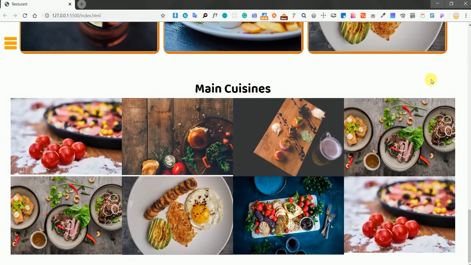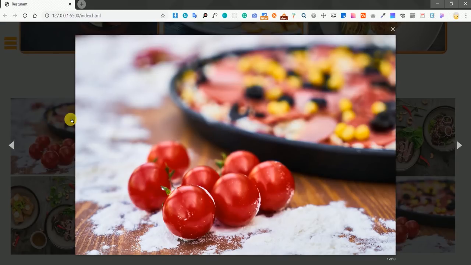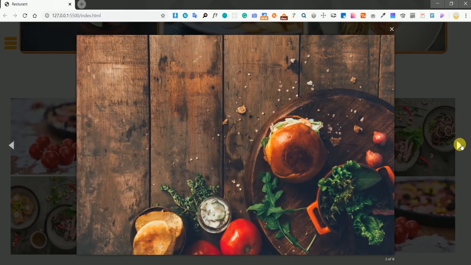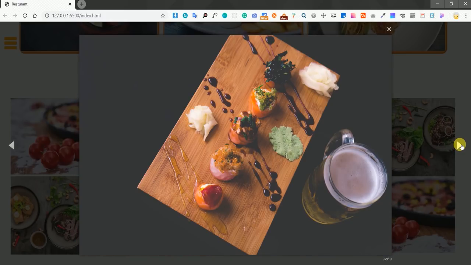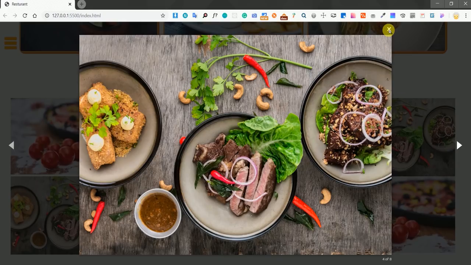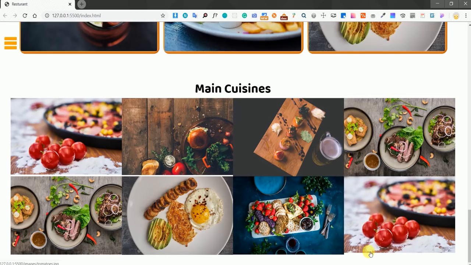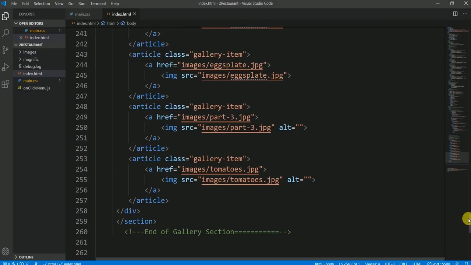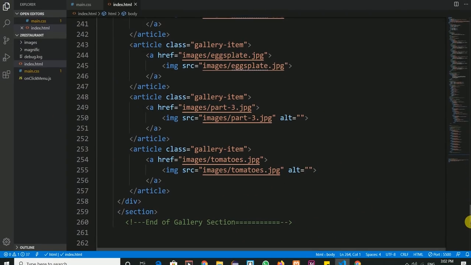So here is the gallery we had just made, and it is working. Okay, there was the problem in the system, so you guys can see that the Lightbox is working nicely, and we have done. So there is only a footer section. Let's move on to the editor and start writing the footer section. My apologies for